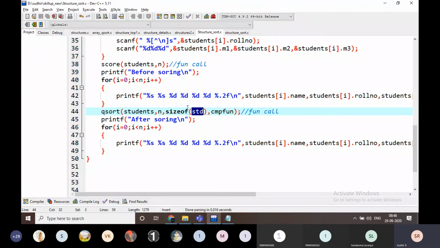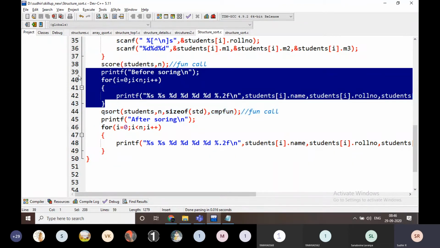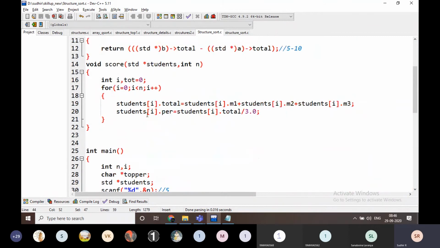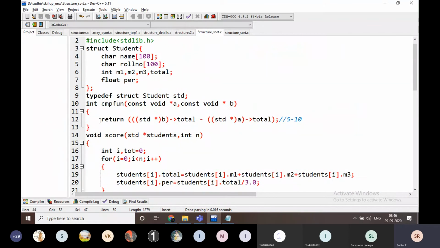Is it clear, everyone? Very simple. First of all, we are calculating the score here. Then I am going to apply the qsort function on what variable I am working here. I am working on the score of the students. Very simply, I am going to write how I am going to take the score, std star b of total. Total is total score, right? If I am writing B and A, it is going to be in a descending order.